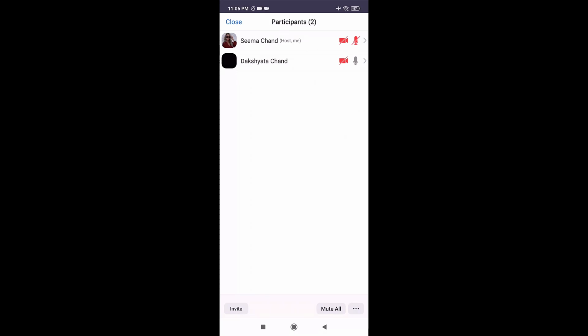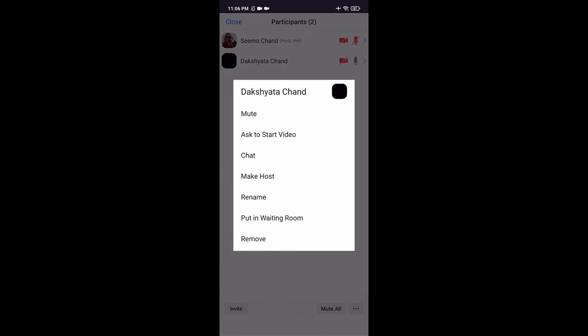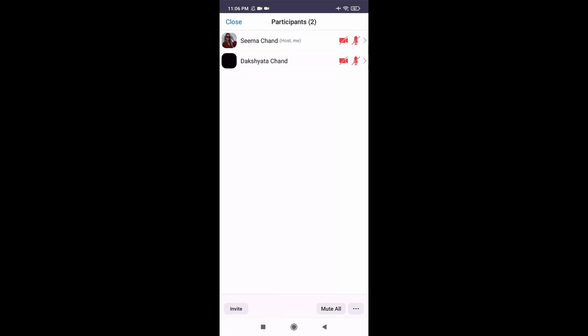Tap on it. Here you will see all the participants that are present in your meeting. If you want to mute them individually, tap on their name. A pop-up menu will appear on your screen. Select mute. And if you want to mute all of your participants, at the bottom of your screen you'll